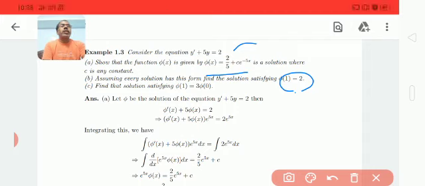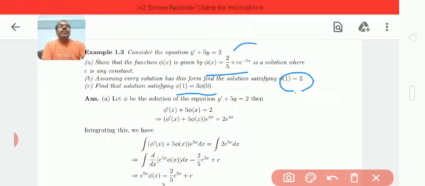Because the solution is given at only one point. And in the third question, we have to find the solution which satisfies boundary conditions, because the conditions are given at 2 points, 0 and 1. So with the help of these initial as well as boundary conditions, we will be able to find the arbitrary constants involved in the solution.